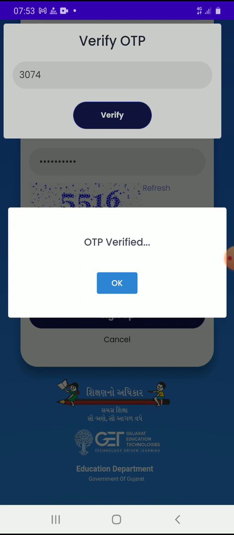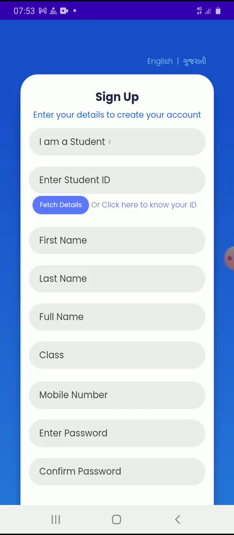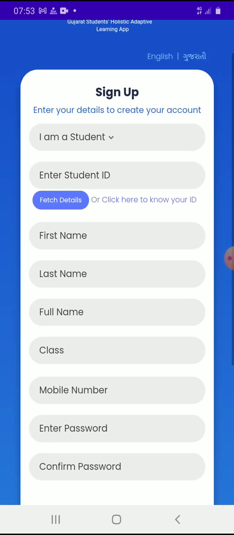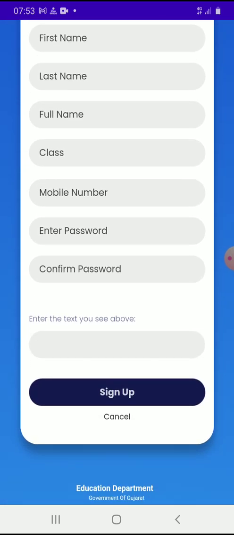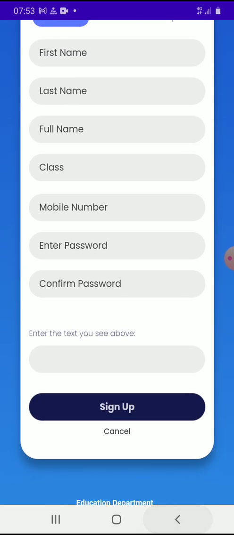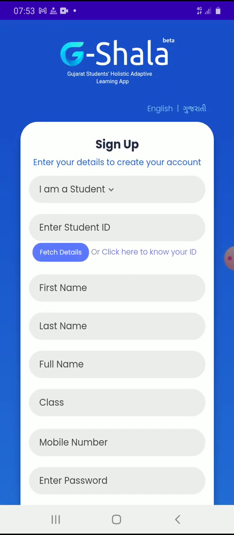Now after this OTP verification, again you come back to the same screen. Now you have to click on cancel, or you can press the back button. As I told you, the app is very slow, so you have to work with patience.